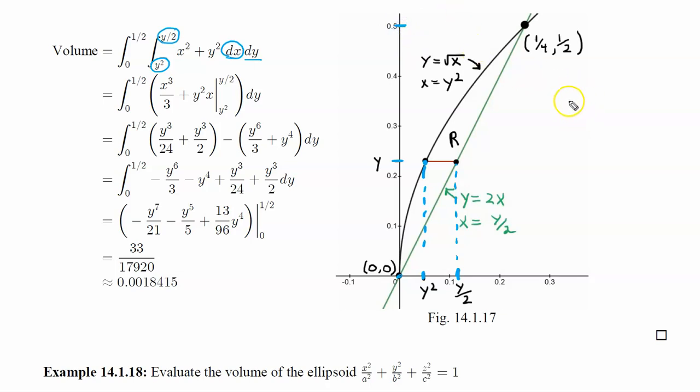Now, what is that point? Well, we already found out that these two curves intersect when x equals 0 and x equals 1/4, right? We already found that out. So if I put 0 into either of these equations for x, of course I get back y equals 0. That's down here. And if I put 1/4 into either equation, we get back 1/2, right? So that's going to be that point right there, 1/2.